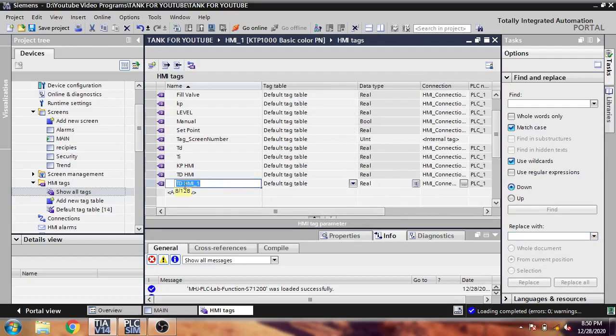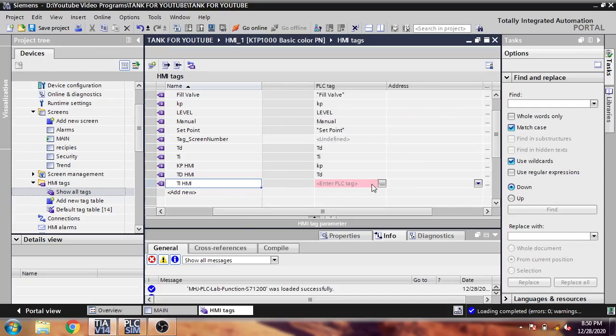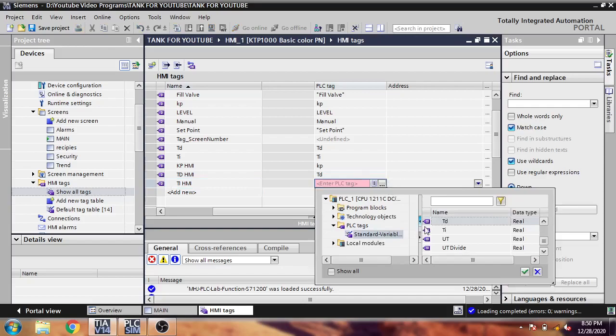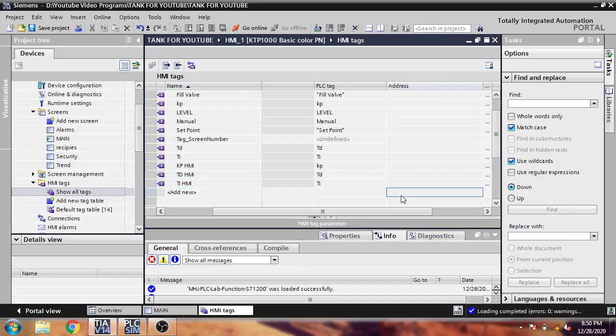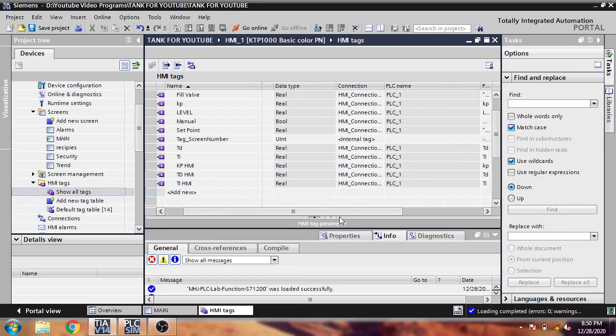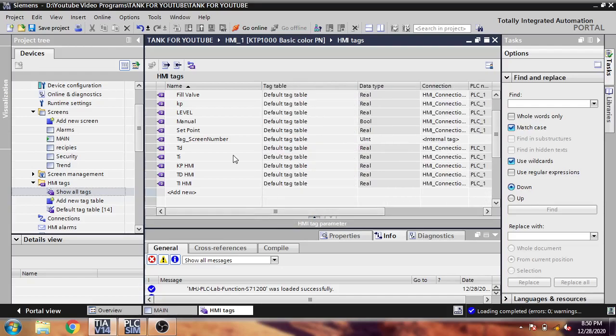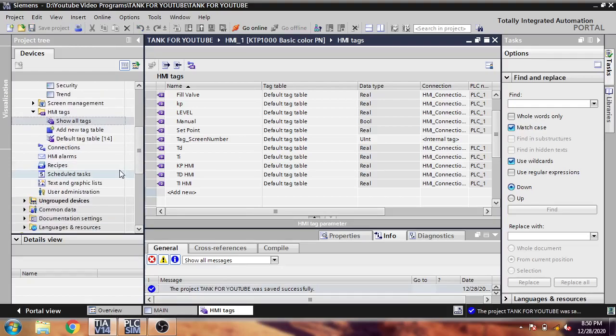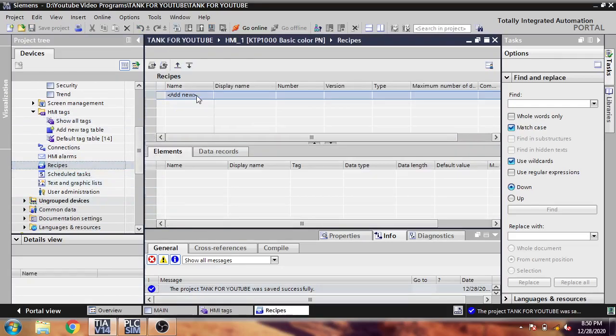Creating another one, I'm going to name it TIHMI, and we need to link it with TI. I think our tags have now been created.